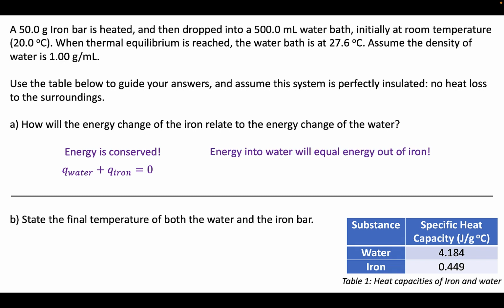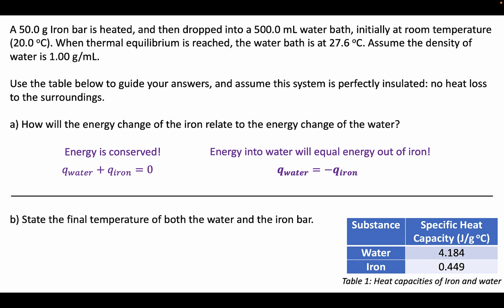An easier way to think about this is that the energy into the water equals the energy out of the iron, making sure we have the negative sign to show that out of one equals into the other. This is literally the same thing as the conservation of energy. We just subtracted the iron from each side and end up with this. These are really the same equation, and it's good to note it as conservation of energy and to be familiar with both of these representations